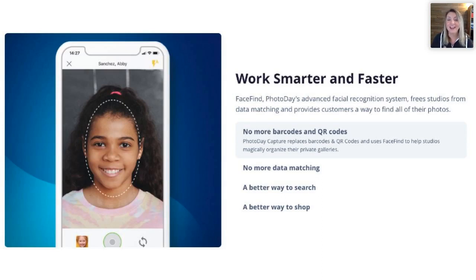So you can in turn photograph multiple poses. And we know that multiple poses means more inventory, means more you have to sell. And that's why we see so much higher sales online. But more importantly, the no data matching always gets me so excited because, you know,